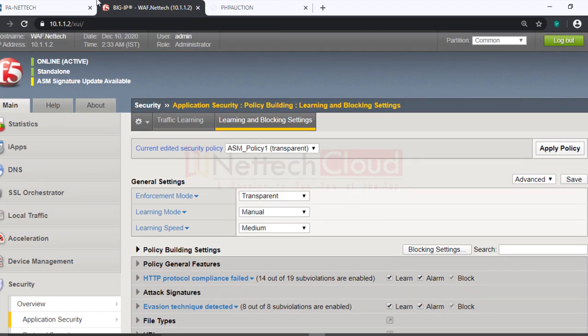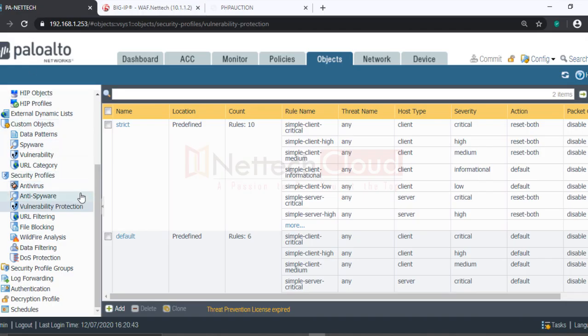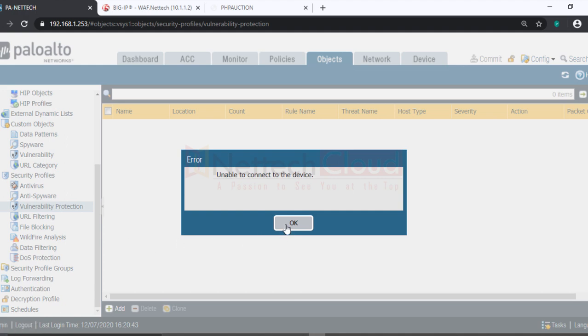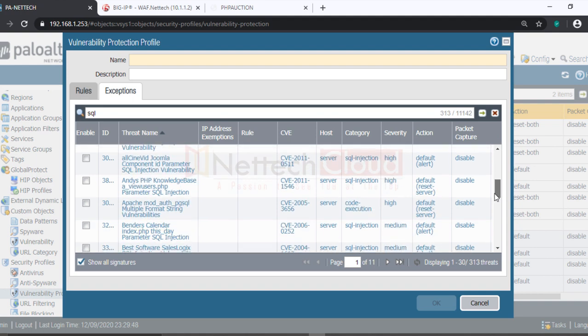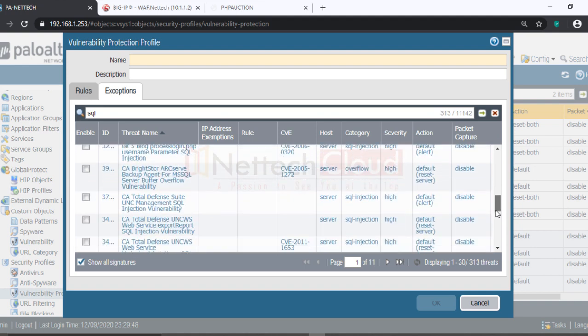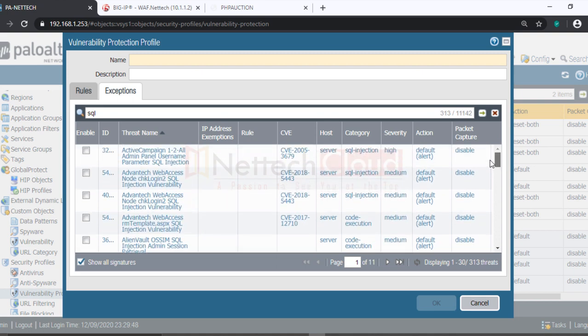Because even if I show you this Palo Alto firewall, in the Palo Alto firewall also there is a vulnerability protection profile, 313 total, like 11,142 vulnerability protections, different common vulnerability exposures, CVE, in 2005, and the number is 12772. So this Palo Alto firewall will provide protection from SQL code injection attack, cross-site scripting attack, right?